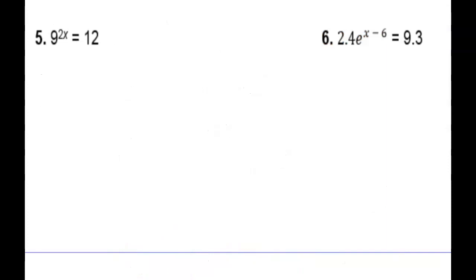Now, what's different about 5 and 6 than the ones we were just doing? First of all, 9 and 12, can I make those a power of the same thing? 12 isn't a power of anything. And there's only an x in one place. That's the part that makes them different. Okay, when you have an x in one place in the exponent, that's when we have to do that strategy 2. I don't know which strategy it was, but it's the one where we have a single power of x somewhere,